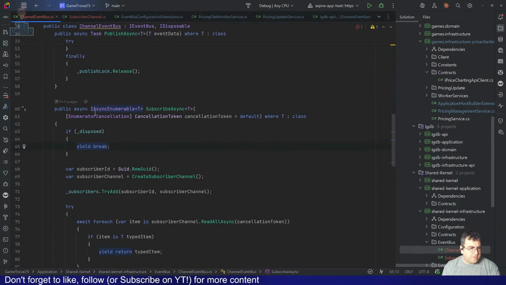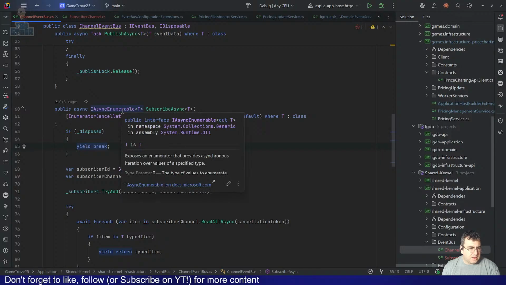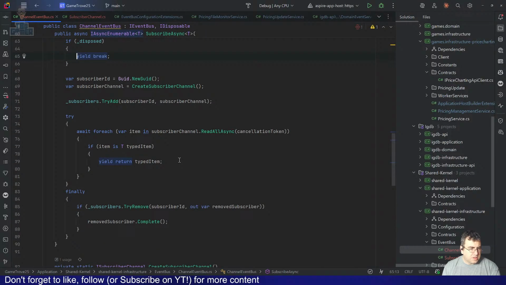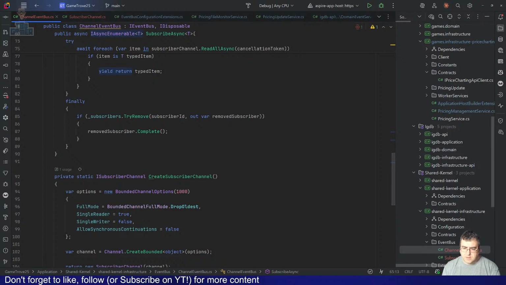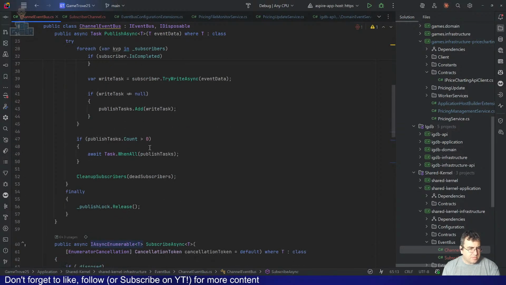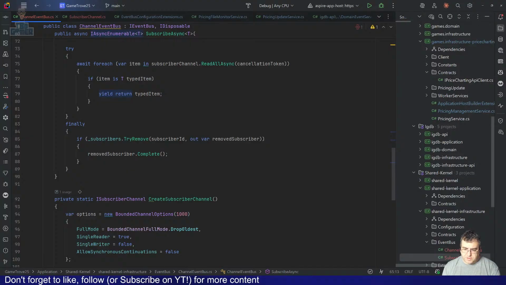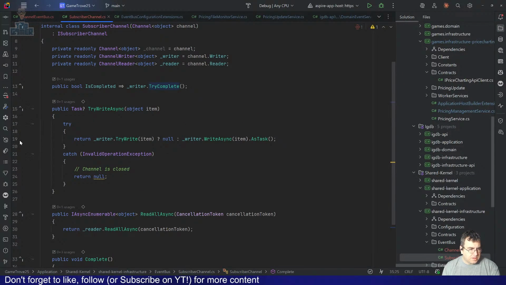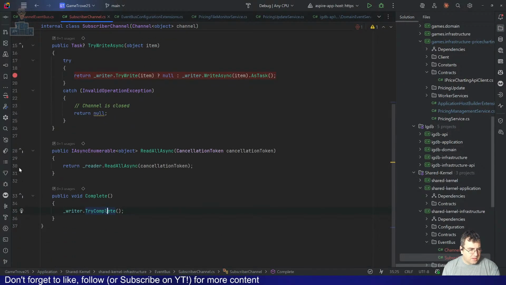Yield return, it's an async enumerable, and we await those, so we block. Let's see if we ever get to the right part. Well, we get to the publish, but on the channel, do we get there? Okay.